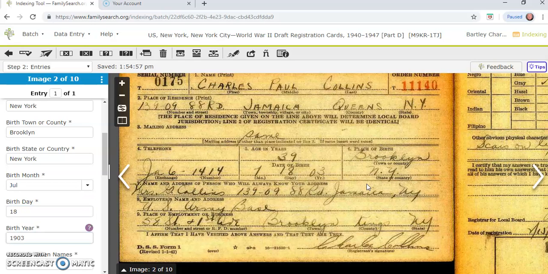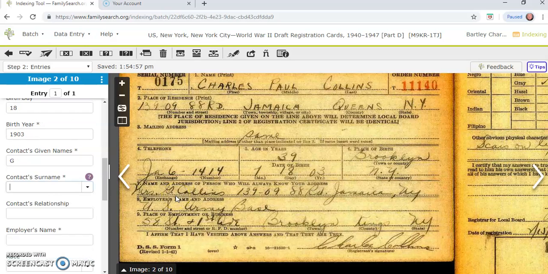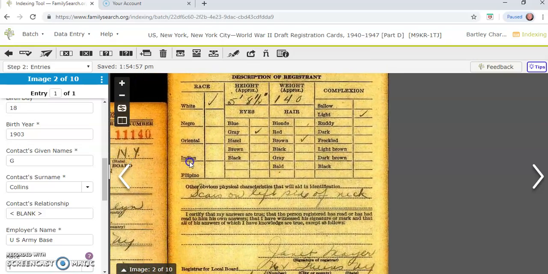Okay, then we go down to a contact's name, the person who will always know who you are. And it's a letter this time, sometimes a full name, and the last name is Collins. Relationship is not listed there, not father, mother, whatever, so we put a control B, which will give you a blank. Employer's name, he's with the U.S. Army base. And then we have to go over here to the other half of the card, which gives us